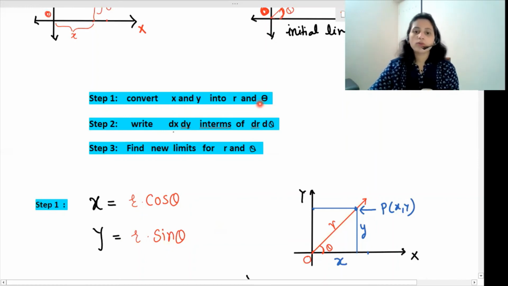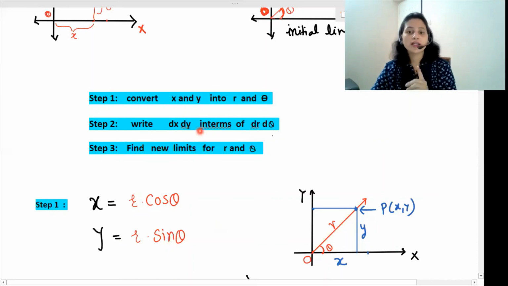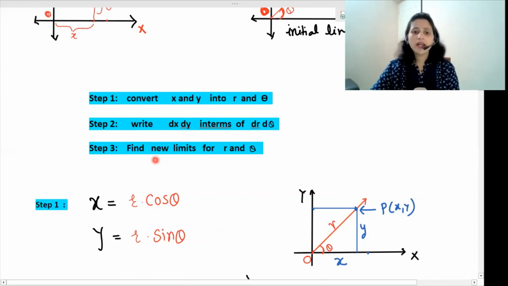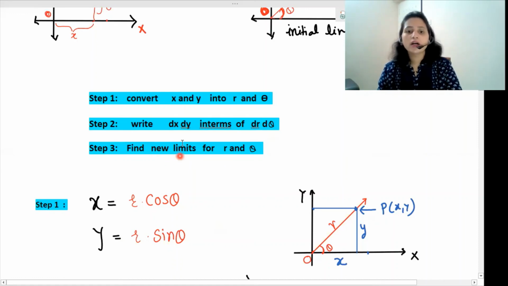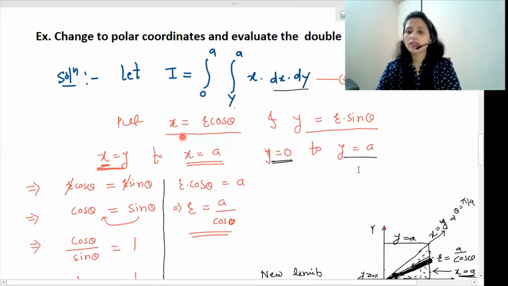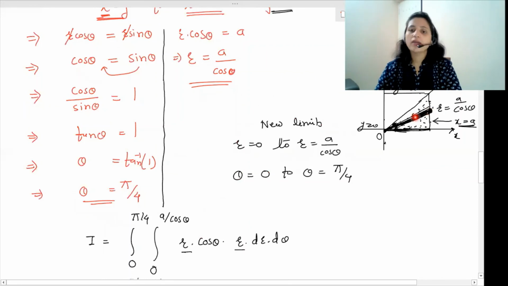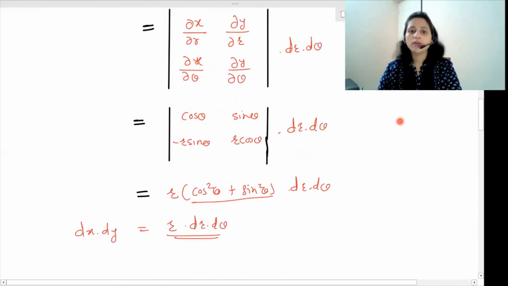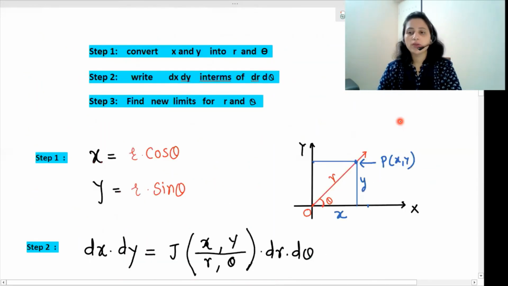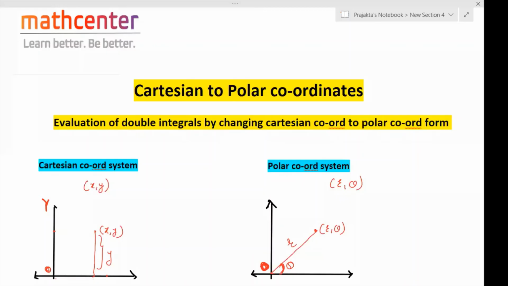Okay, and what about the second step, dx dy? We put dx dy equal to r dr d theta, right? And then we find out the new limits by using this angular strip, and substitute those new limits. After substituting those new limits, we'll get the final answer. Okay. I hope you can